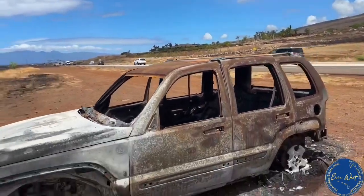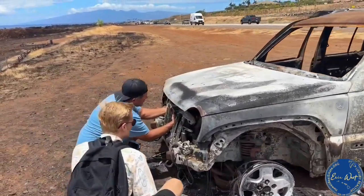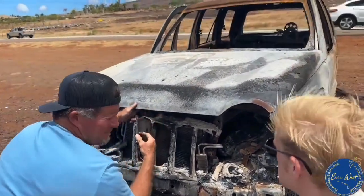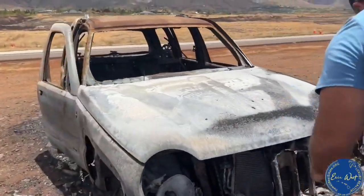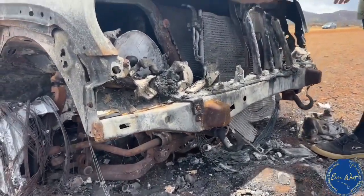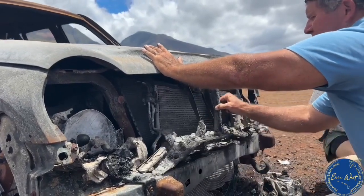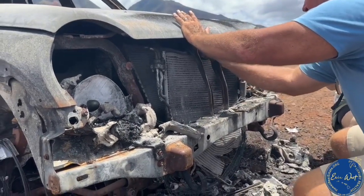Whatever it is that caused this, which we don't know, is still trying to cause havoc on this island as we speak. So this threat's not over, the story's not finished. And it's because God Almighty has allowed us to have this type of access to this piece of evidence right now on the side of this highway that's public. And the sheriffs were nice enough to leave us alone. They said we couldn't park here, but why is it that the media is not given access? Is there third-party independent oversight to what's going on? Why is the deputy sheriff, the chief of police still the coroner? There's so many unanswered questions, but I hope that this brings some insight into what limited things we are able